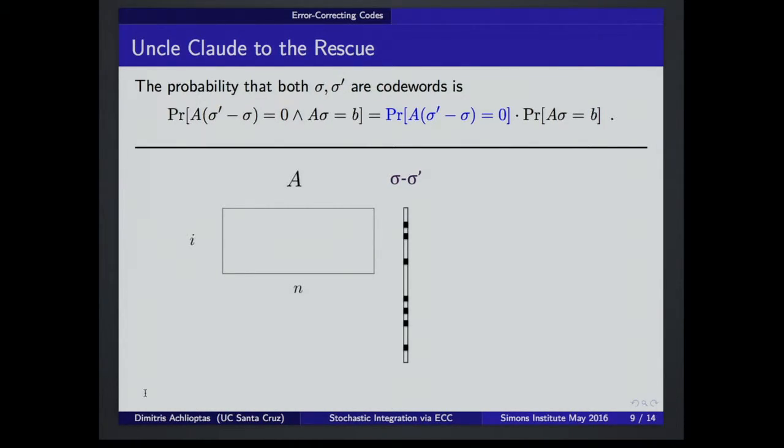You can postpone your choice of B, and just focus on whether this will happen first or not. So this shows that these two events are independent. And now to estimate the probability that A times (sigma prime minus sigma) equals 0, given that sigma prime and sigma are distinct, we can look at the vector of their difference,